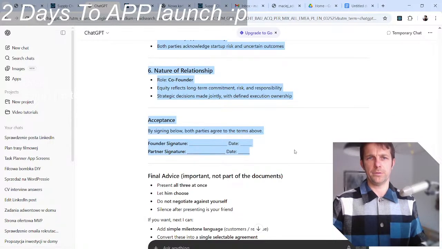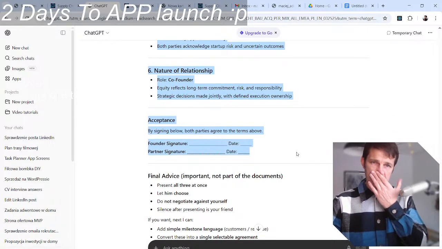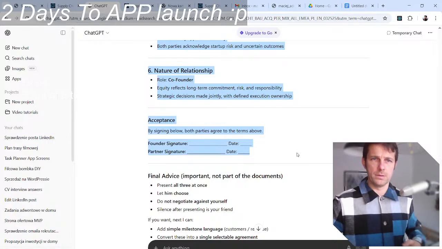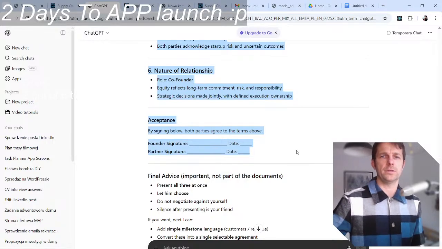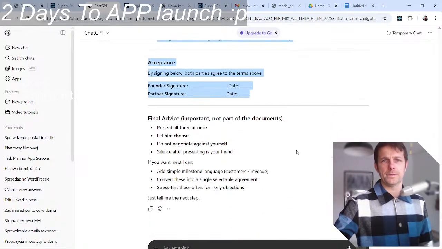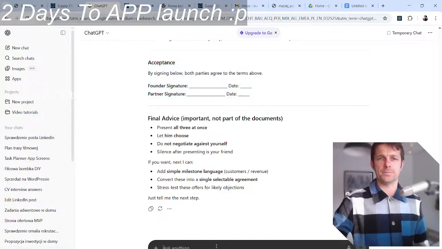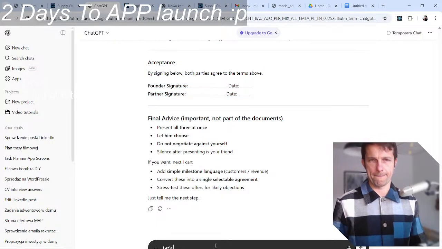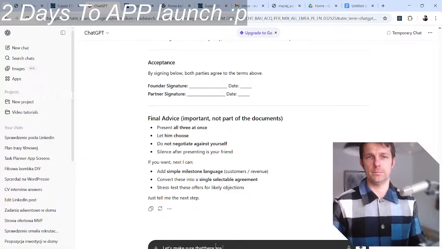Final advice, important, not part of the documents: offer all 3 at once. Let him choose. Do not negotiate against yourself. Silence after proposal. Add simple milestone language. Yeah, let's make sure that there are milestones.